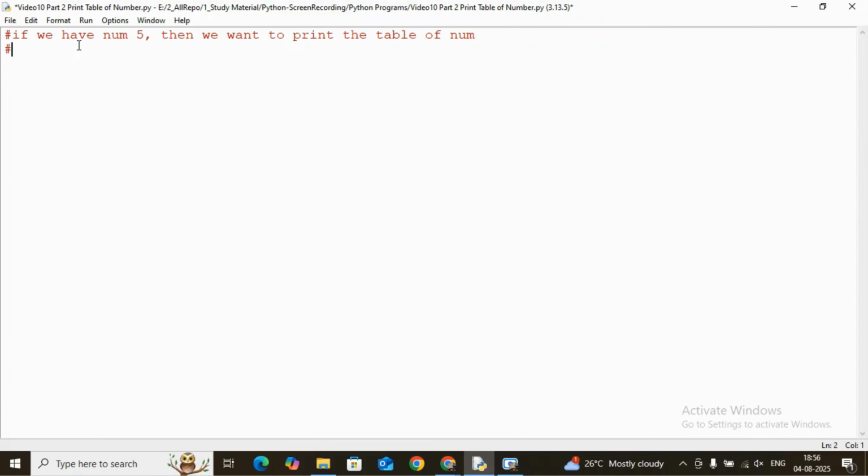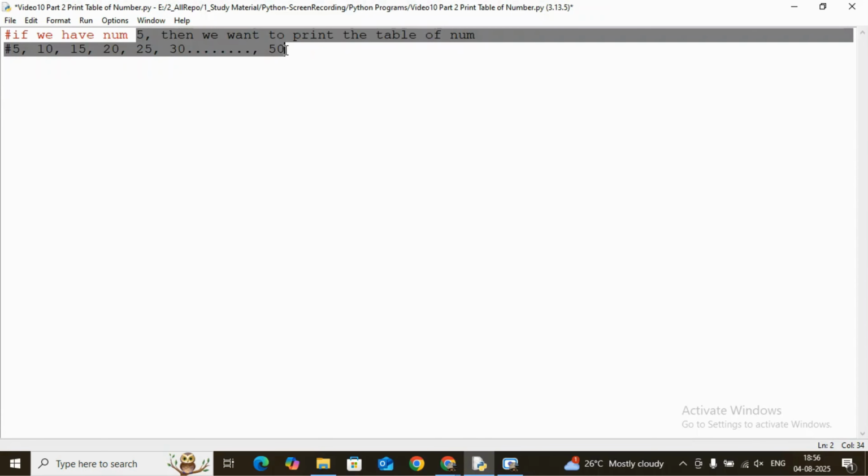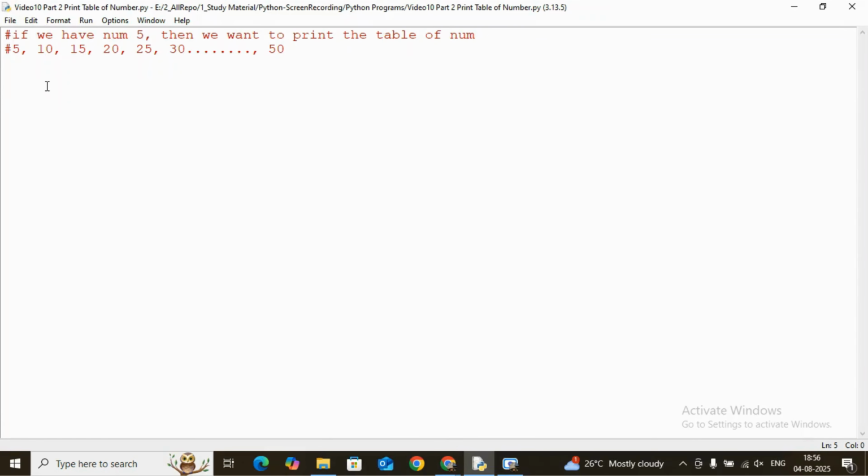So what will be the output? 5, 10, 15, 20, 25, 30, then till 50. So we will print till 10. This is our problem. This is just an example of 5, but we will write a program for any number. So first of all, let's take the number from the user